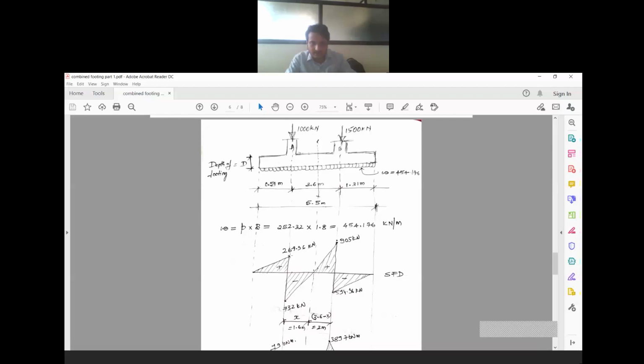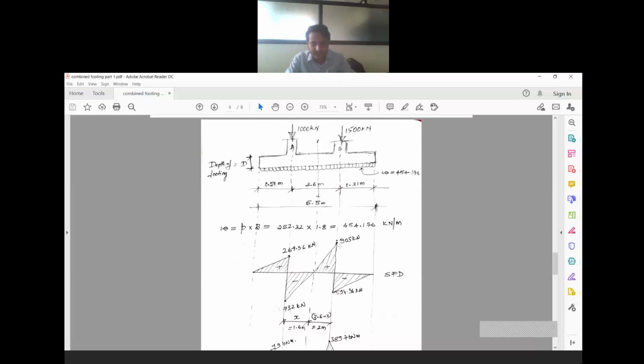Okay. Now at A we have 1000 kilonewton acting downwards. So acting downwards means I will take it as negative. The same value what I have is 267.96 minus 1000. I will get 732. For 732, I will add, because upward pressure intensity is acting upwards, 454.176 into 3.6, I will add to 732. If I add that, I will get 905 kilonewton.